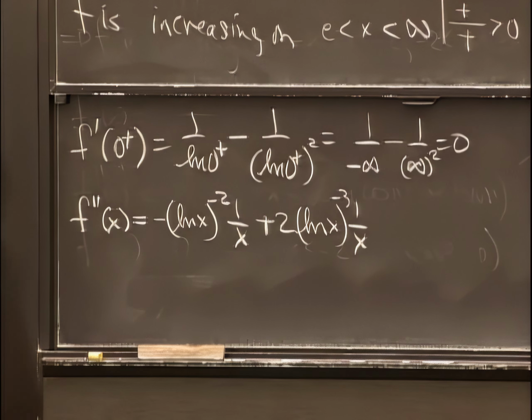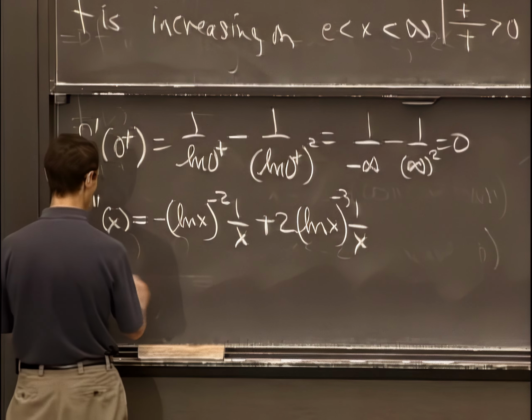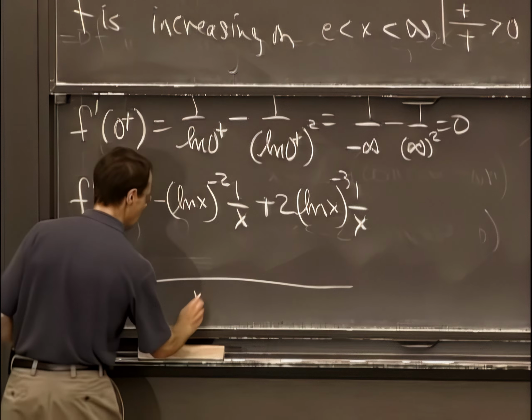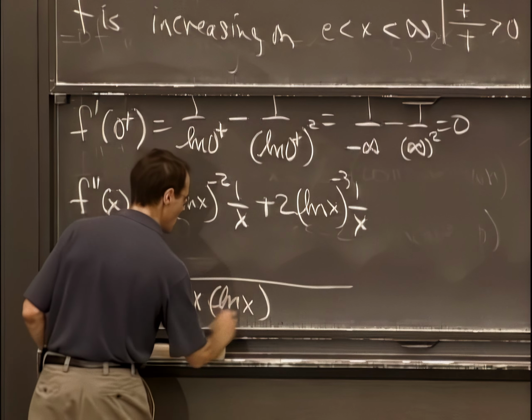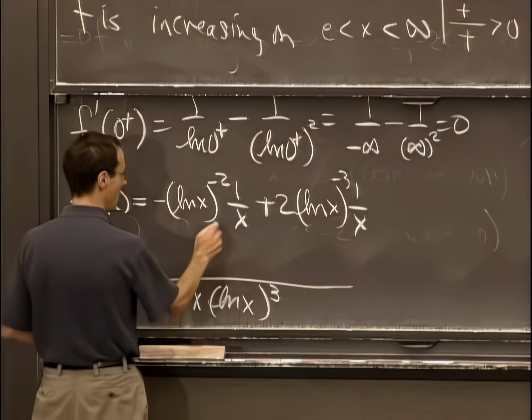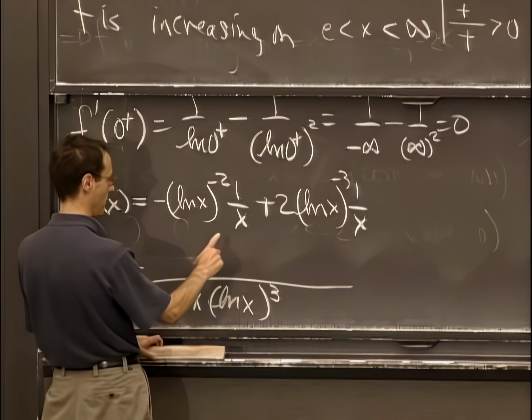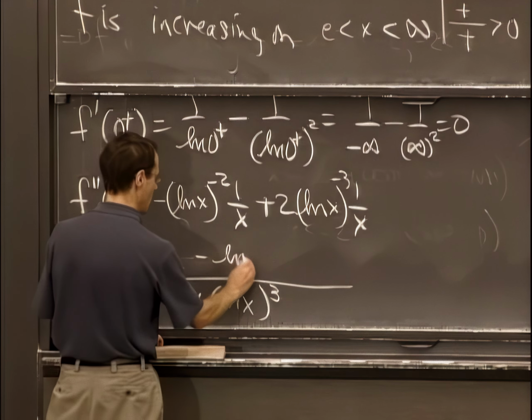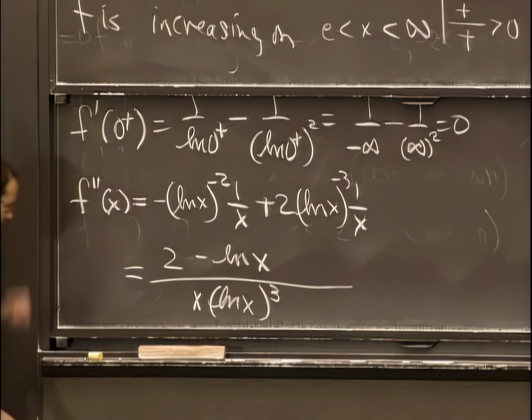All right. And that, if I put it over a common denominator, is x log x cubed times, let's see here, I guess I'll take the 2 minus log x. Okay? So I've now rewritten the formula for the second derivative